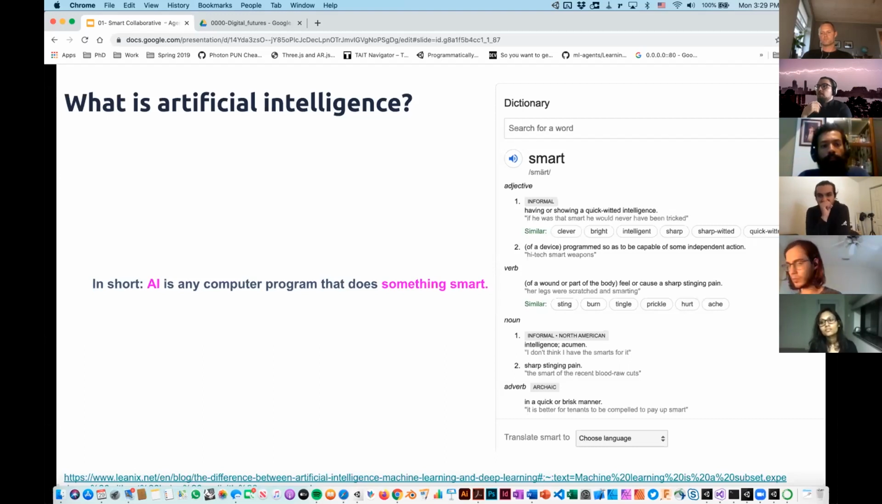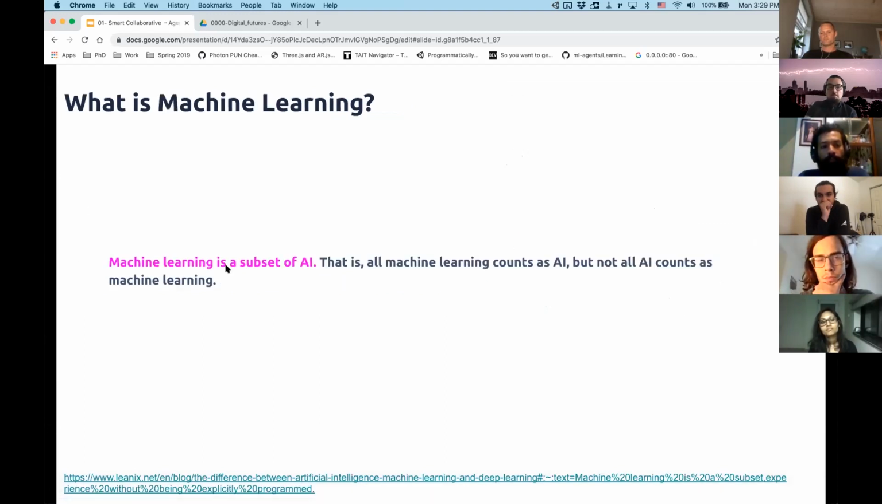He has a company that is growing because it's being adopted by many, many people. So that was what is artificial intelligence. But when we ask what is machine learning,